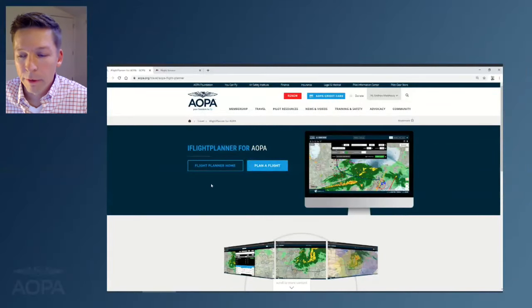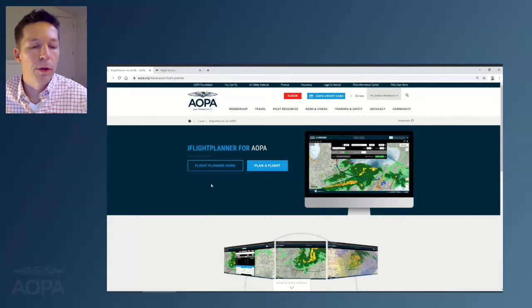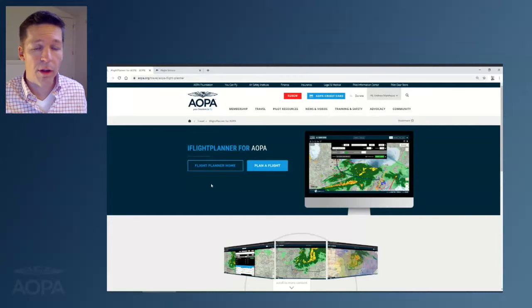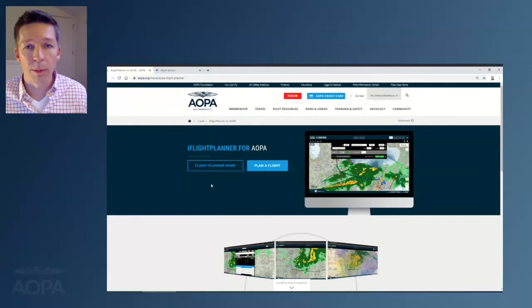So while we're talking about those features, just give us a real quick overview, there might be some people here who have not actually used iFlightPlanner. How do they go about getting it, and what's the importance of going through the AOPA site first to get to iFlightPlanner? Certainly. First and foremost, we worked closely with your team during the planning of this project to make sure that it is easy for pilots and for AOPA members to get access to iFlightPlanner for AOPA. We didn't want a cumbersome process. So it's really as simple as going to